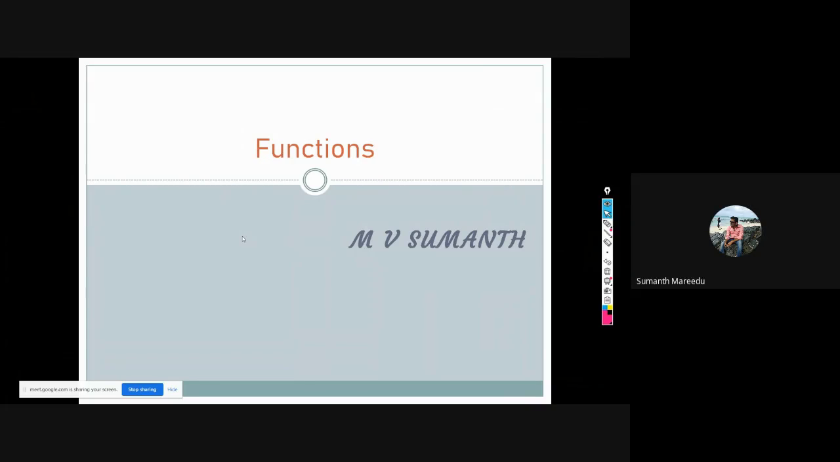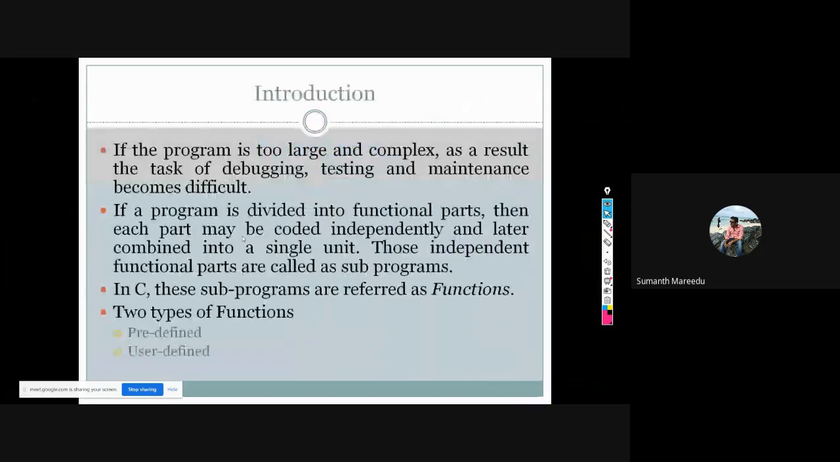Topic, that is functions. First we'll see what the concept of functions in programming is, and then we'll see how to use functions in a program. Okay, so first of all, what is the use of these functions? See, if you have a very